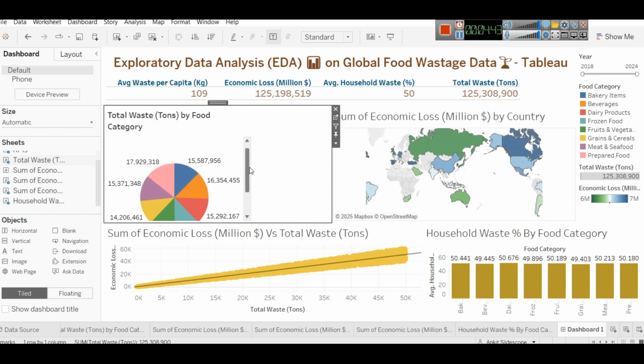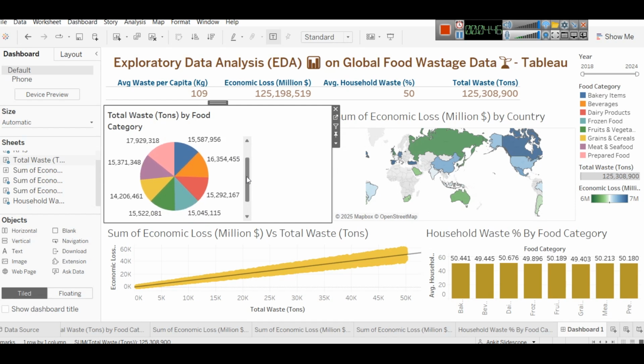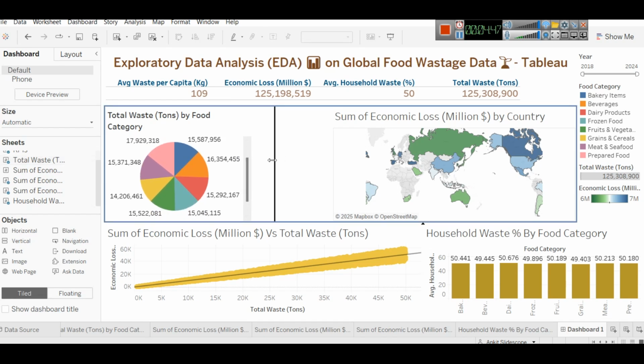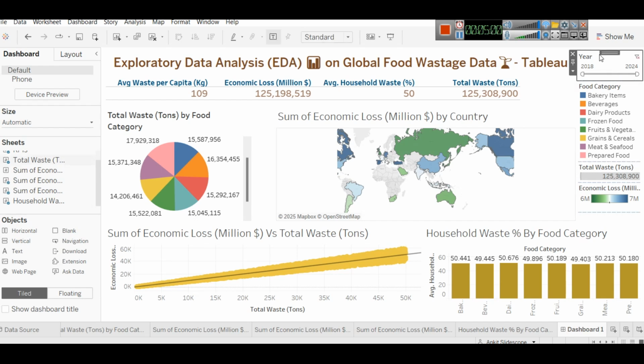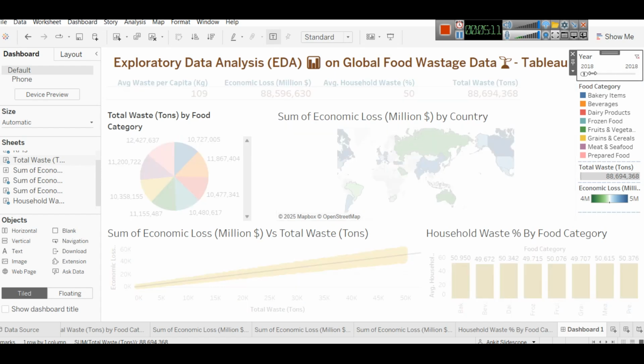With pie charts we have to somehow deal with these kinds of things. And now our simple dashboard is created. I am not spending too much time on formatting it. For formatting we have many other tutorials on our channel. So now you have these different elements put together, and you will see when we apply a filter, it will be applied to all the charts. So this is a very simple